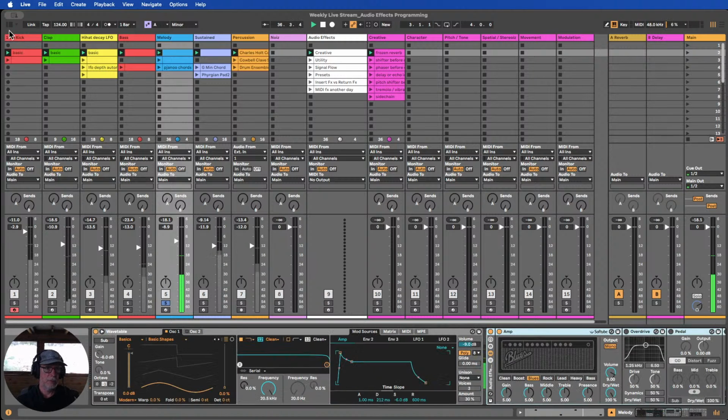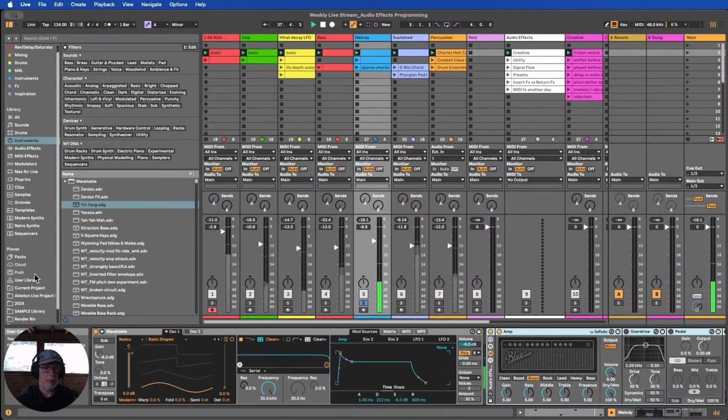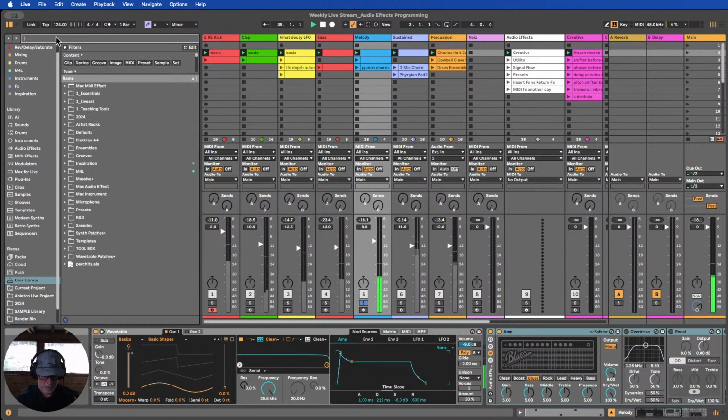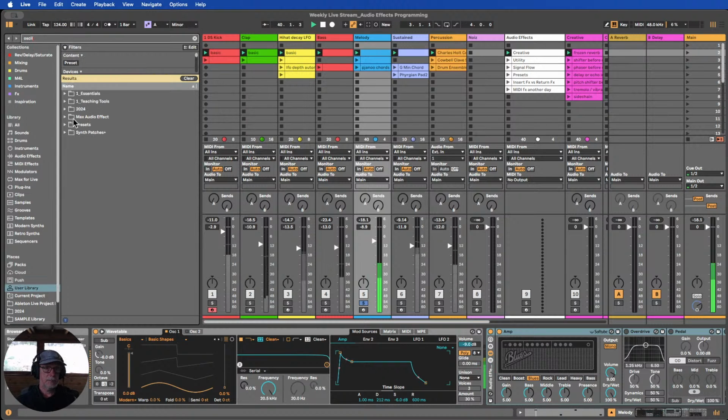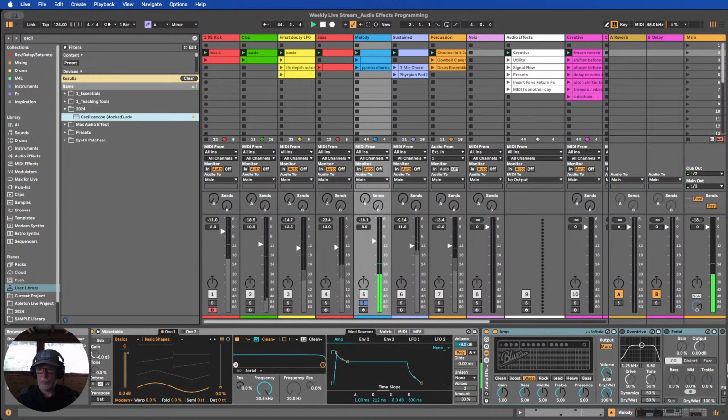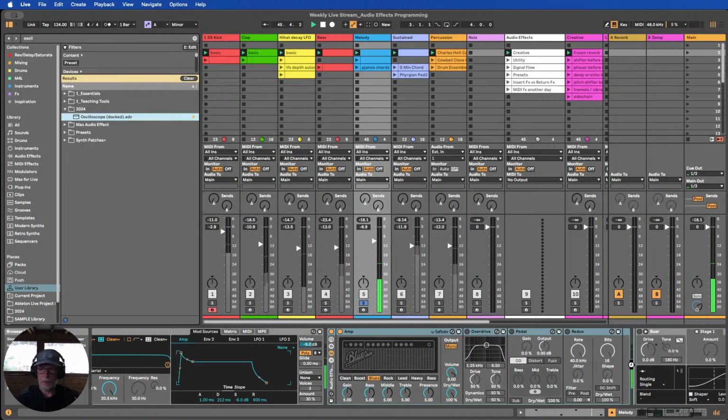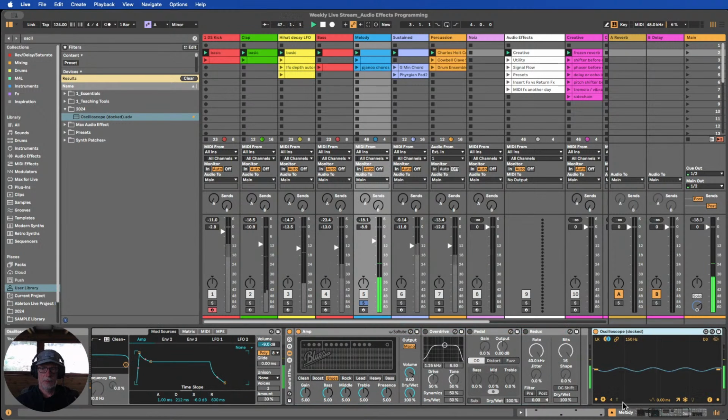And perhaps what we'll do as well is we'll grab an oscilloscope and we'll just drop that over to the right of that rack. So we can see what's going on, because if we switch this off, we've got a raw sine wave in our oscilloscope. If we turn it on, not much change at this point in time, but if we try out some of the other amp sections,